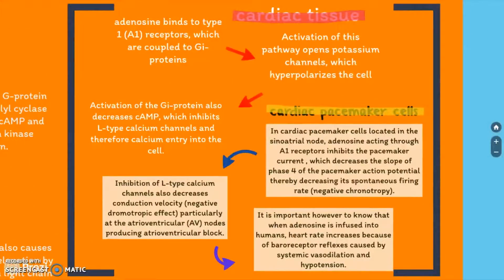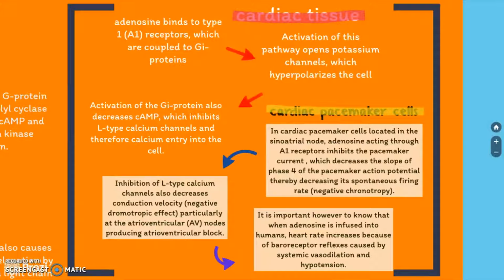Mechanism of action in supraventricular tachycardias. In cardiac tissue, adenosine binds to type 1 A1 receptors which are coupled to G proteins. Activation of this pathway opens potassium channels which hyperpolarize the cell. Activation of the G protein also decreases cAMP, which inhibits the L-type calcium channels and therefore calcium entry into the cell. In cardiac pacemaker cells located in the sinoatrial node, adenosine acting through the A1 receptors inhibits the pacemaker